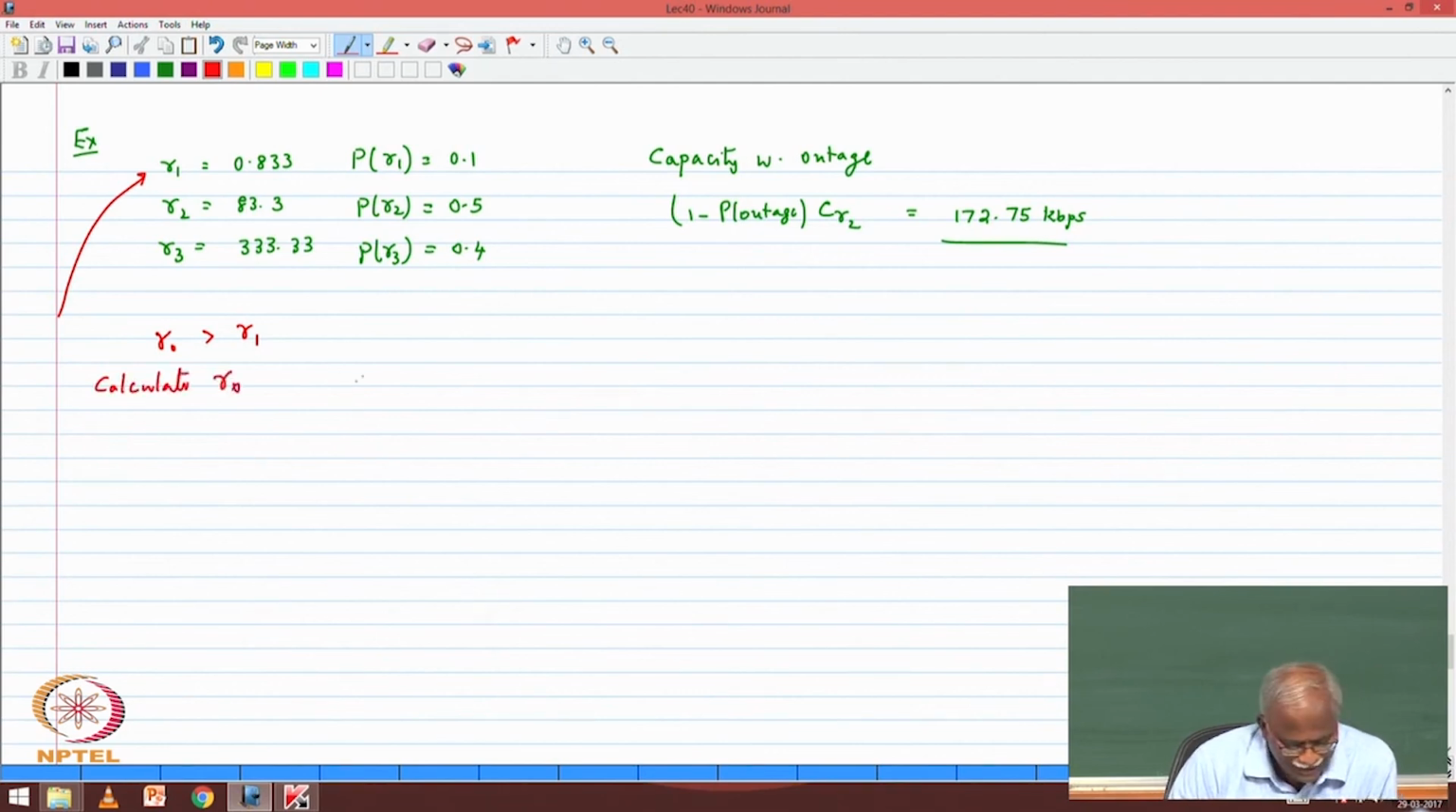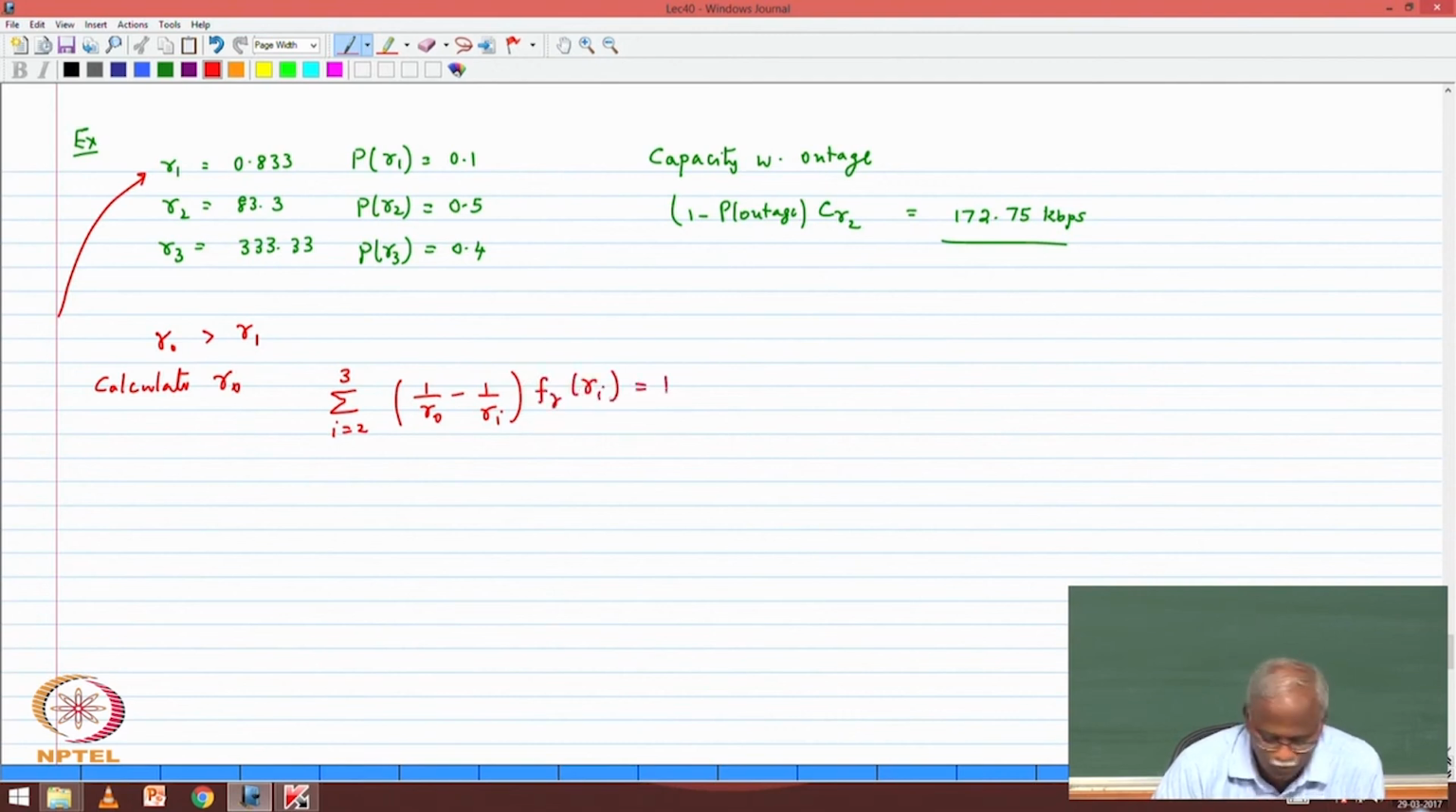Calculate gamma naught. This is a discrete state. It's not an integral. I will get a summation, i equal to 2 to 3. That is, gamma 2 and gamma 3 are acceptable states. Under that, the power allocation condition is the sum of (1 by gamma naught minus 1 by gamma i) into f gamma of gamma i should be equal to 1. Okay. So basically, I've written the average power constraint for these two SNRs. So this becomes 1 by gamma naught minus 1 by